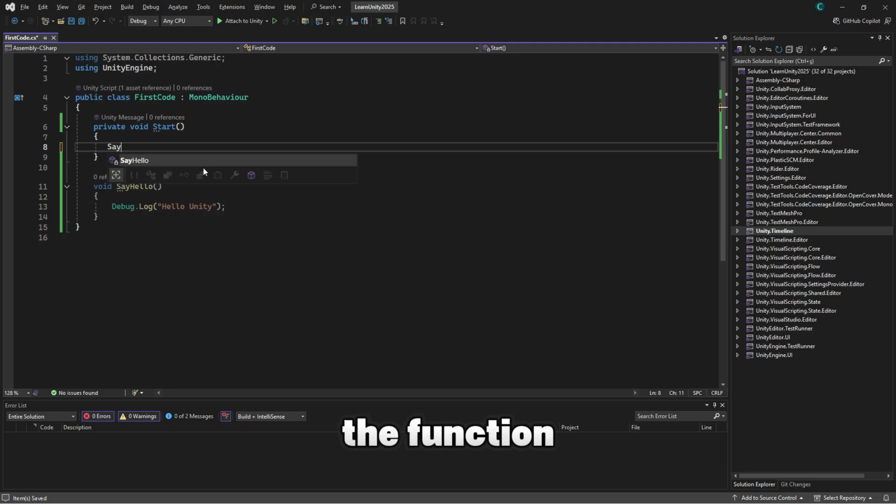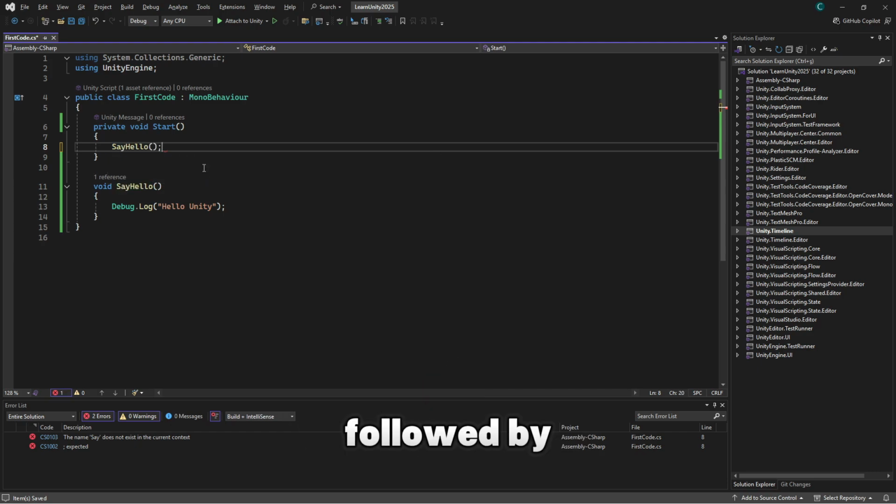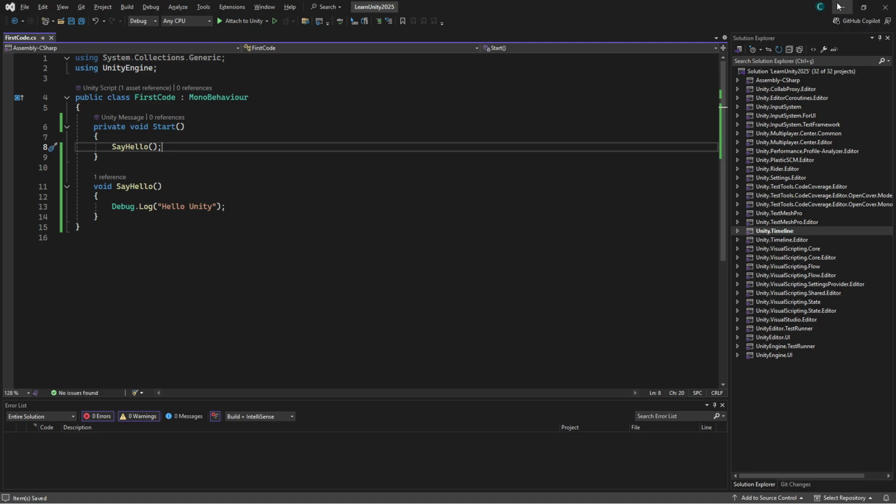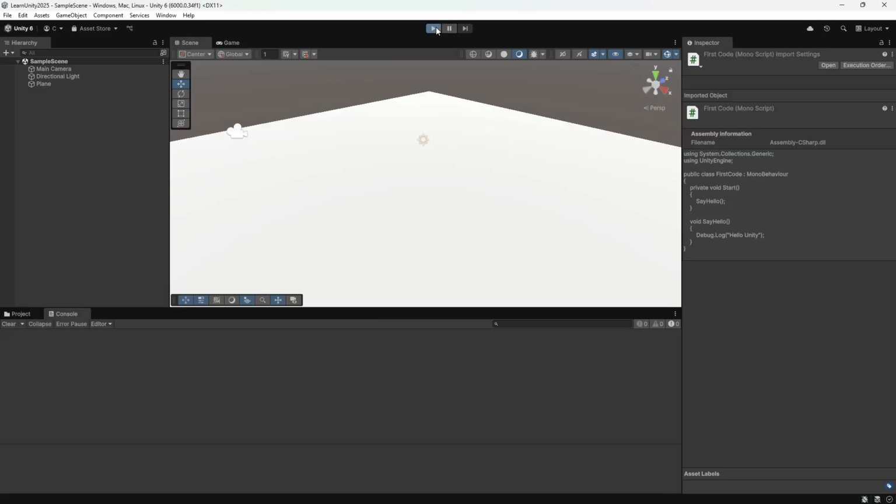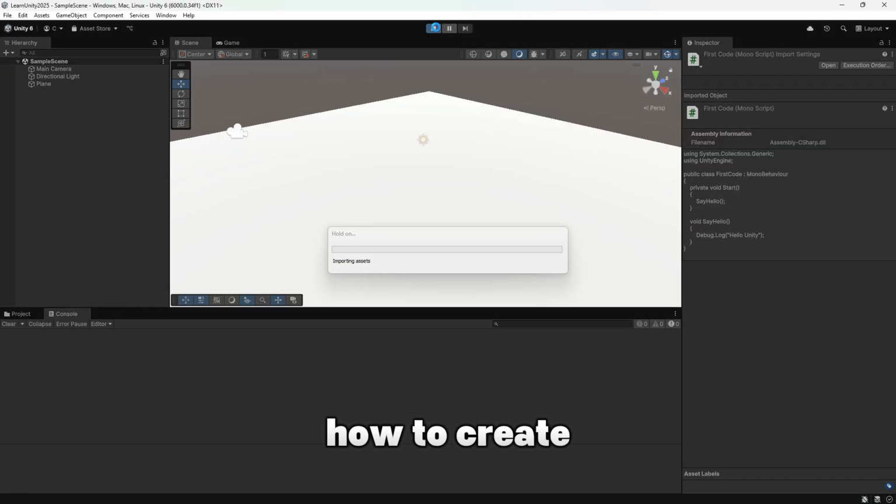Step 2. Calling the function. To run a function, we need to call it by writing its name followed by parentheses. Let's do this inside Start. Now, we know how to create and call a